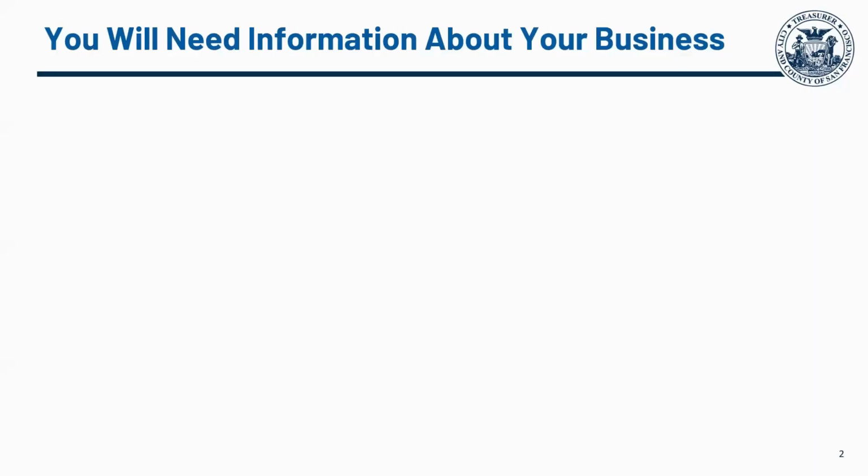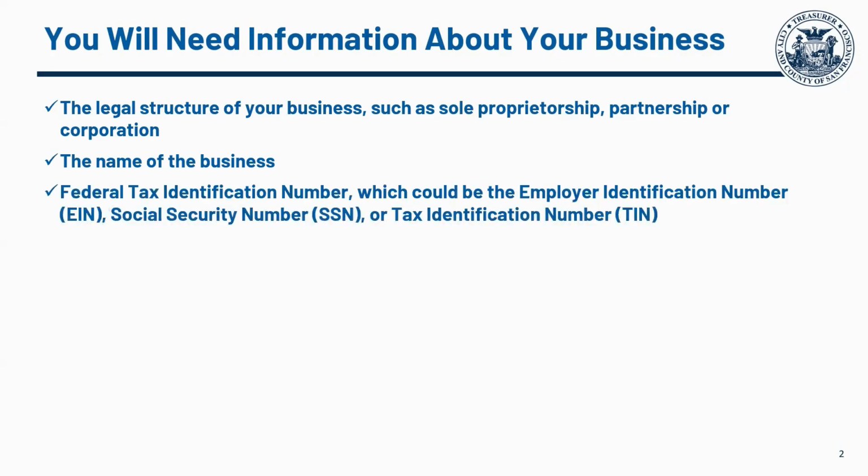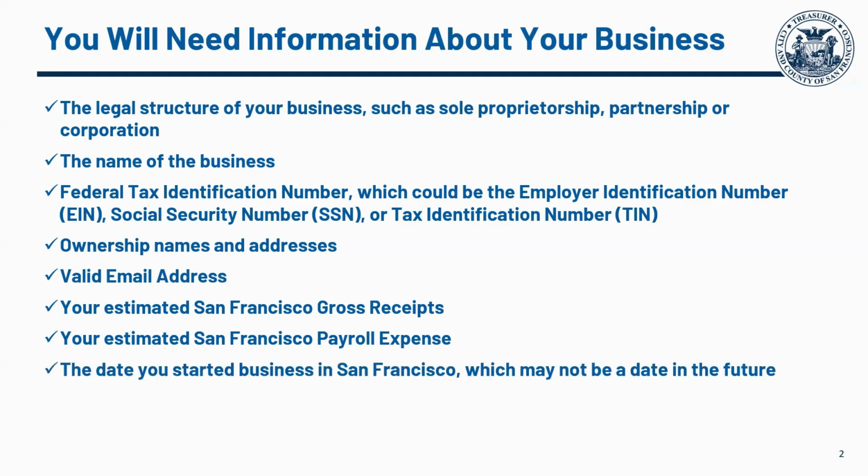Throughout the application, you will provide our office with information about your business. This includes the legal structure of your business, such as sole proprietorship, partnership, or corporation, the name of the business, federal tax identification number, which could be the employer identification number, social security number, or tax identification number, ownership names and addresses, valid email address, your estimated San Francisco gross receipts, your estimated San Francisco payroll expense, the date you started business in San Francisco, which may not be a date in the future,